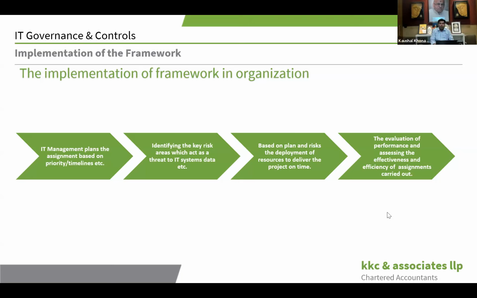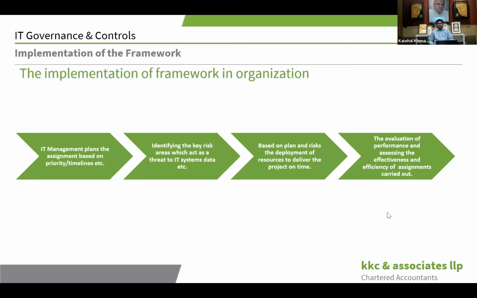And then once you have upgraded your system or put in all the resources you intend to, the next step would be evaluating the performance and assessing the effectiveness of whatever work you do. What I mean to say is that, say now your entire setup is up and running, then you need to constantly monitor that.